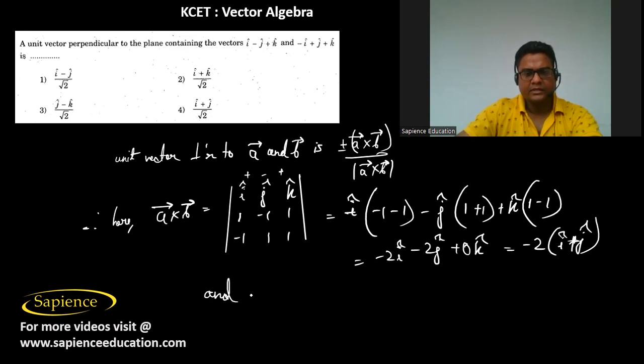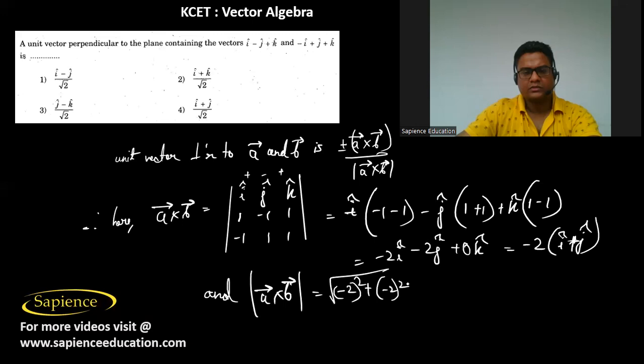And therefore the magnitude of vector a cross b will be equal to square root of minus 2 whole square plus minus 2 whole square plus 0 square. This will be root over 4 plus 4, that is 8. So root over 8, that is 2 root 2. So now therefore the required unit vector that is perpendicular to the plane containing these two vectors, that will be